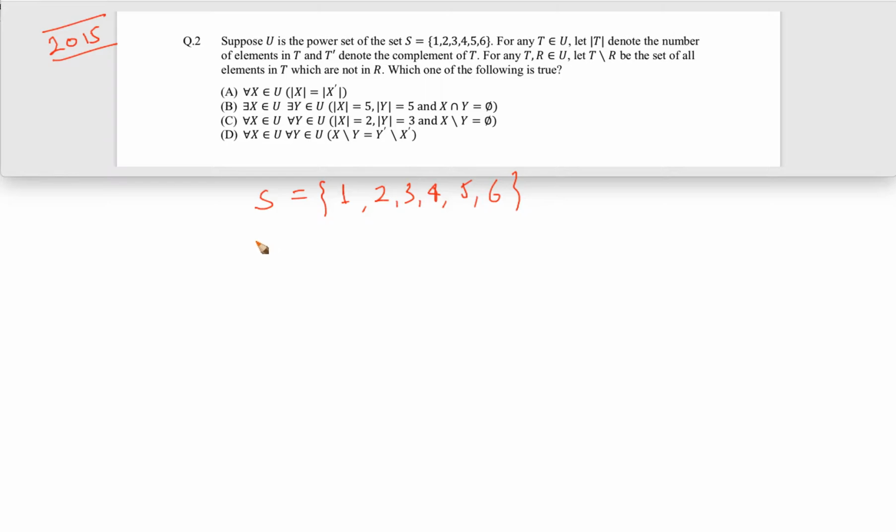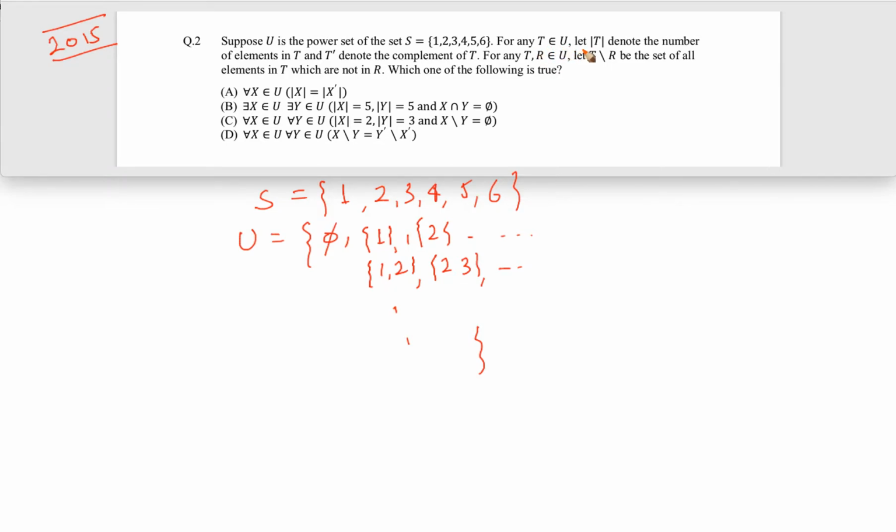So U is what? You will have the empty set, and sets like 1, 2 till 6, and then sets of two elements, 1, 2, 2, 3, like that. You understand what is power set, right? So you use that power set. Now they're saying that for any t